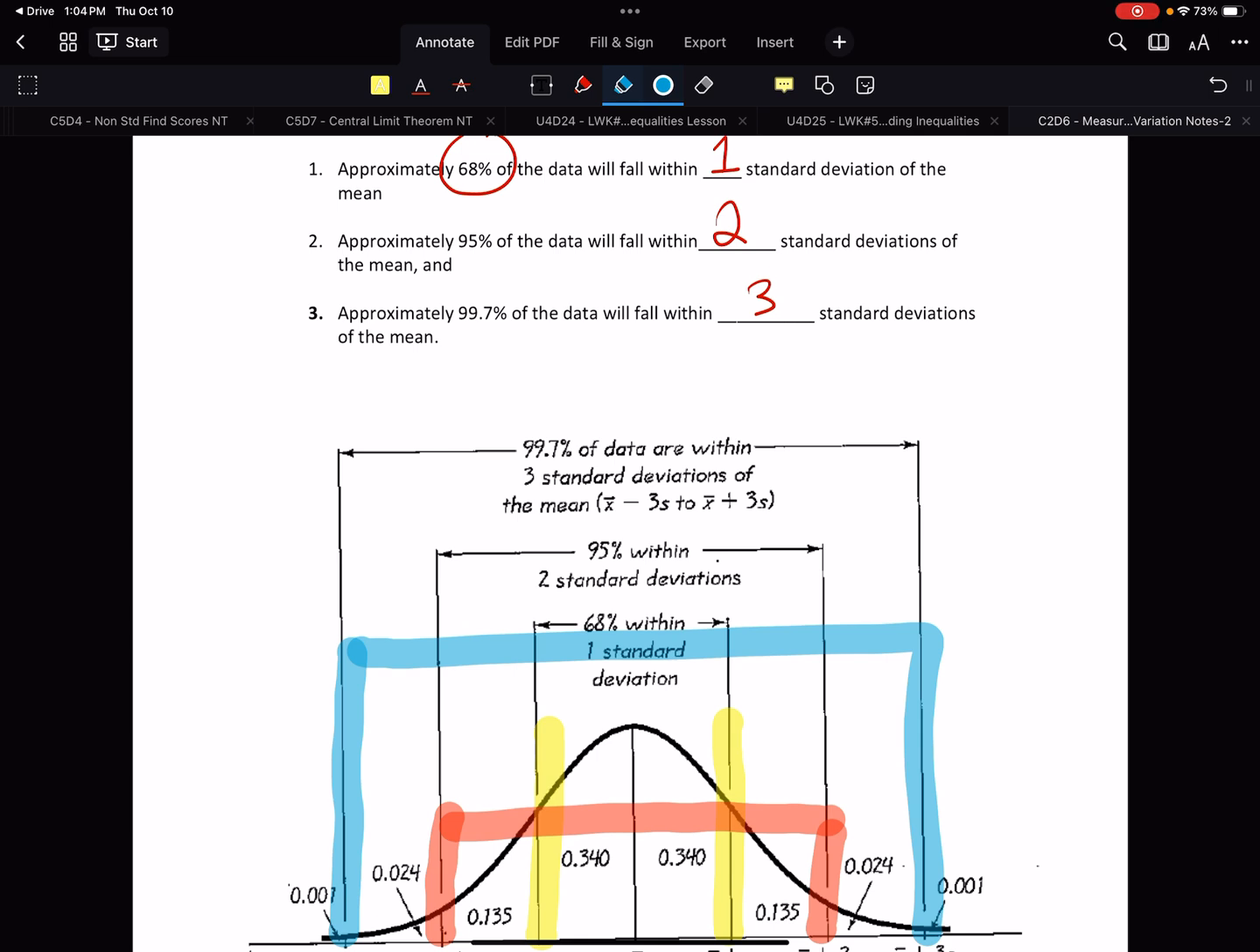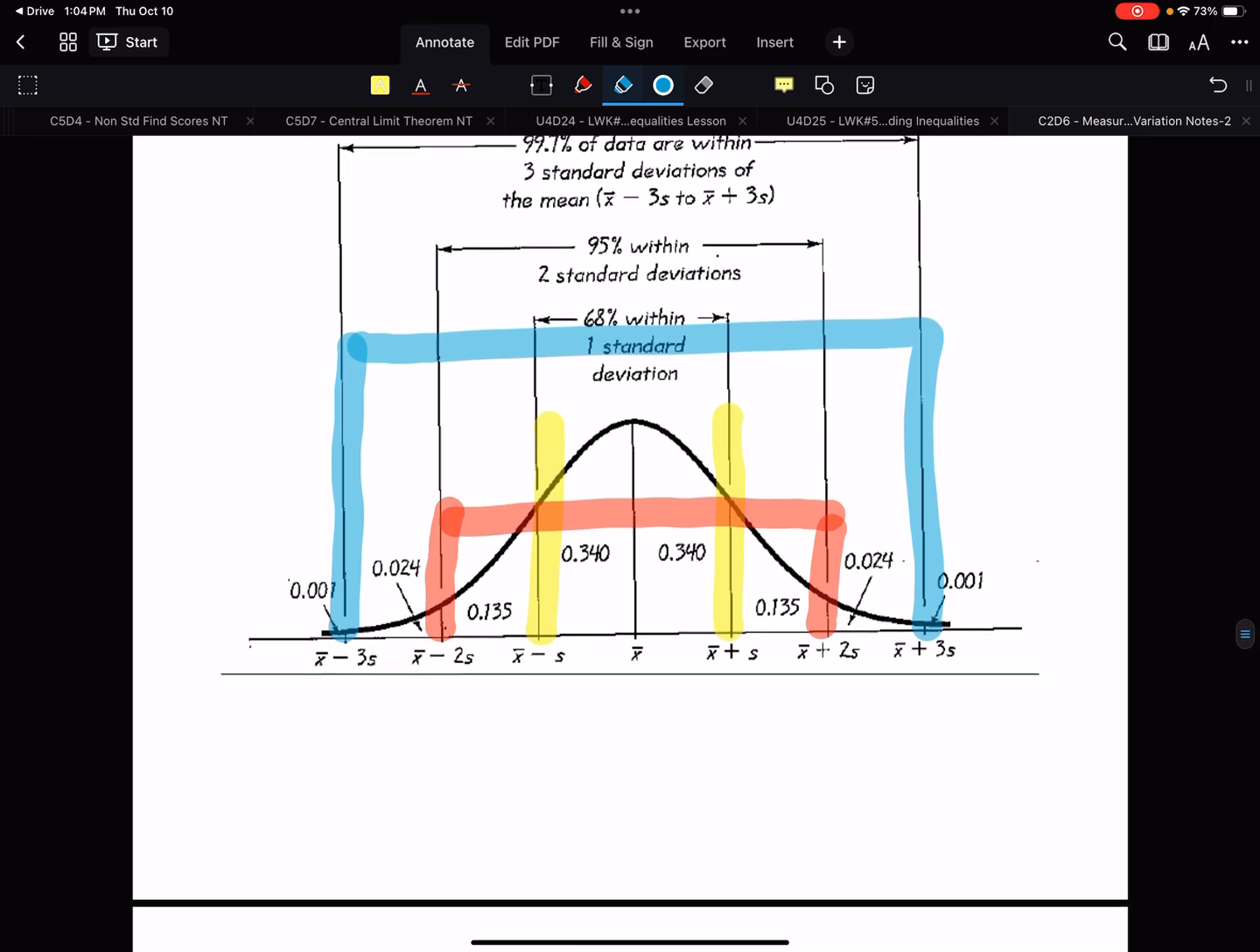All right, so standard deviation, 1 standard deviation away, 68% of the data should lie there. 2 standard deviations away, 95% of the data should lie there. 3 standard deviations away, 99.7% of the data should lie there. So if we look at the next page,